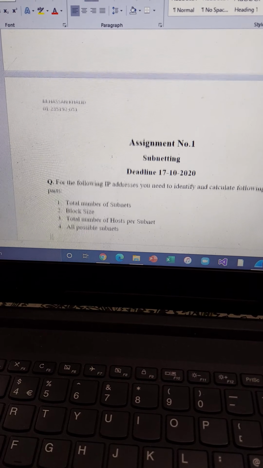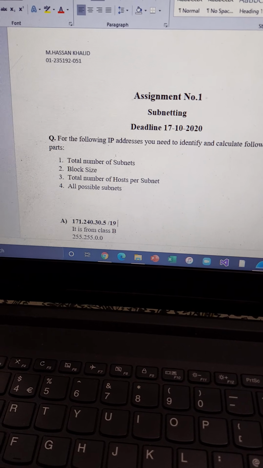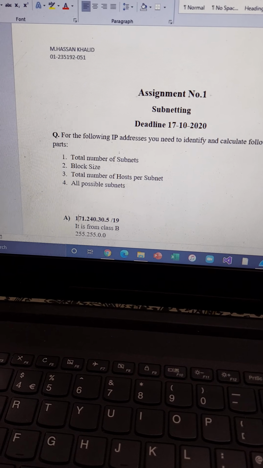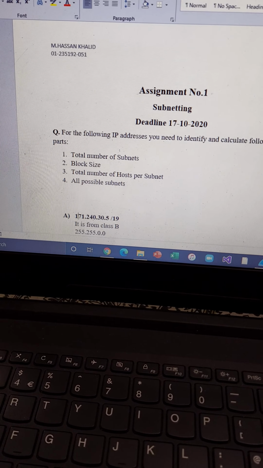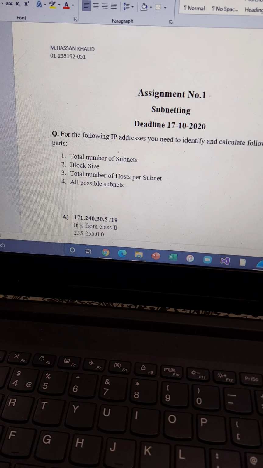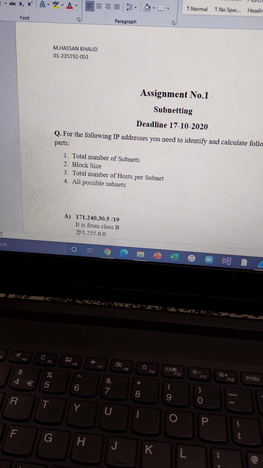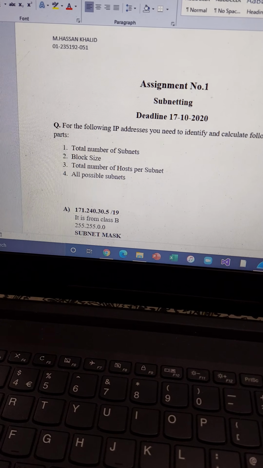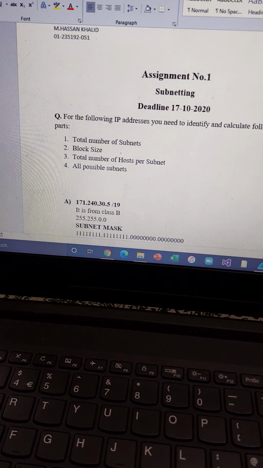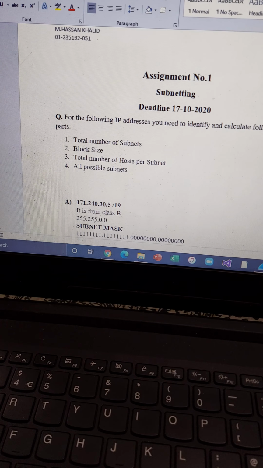First of all sir, we have seen the IP address here, and as it is starting from 128 to 191, it is from class B, and class B has a subnet mask of 255.255.0.0. Now first we have to calculate the subnet mask, and we have written, as there is 255 in the first octet,